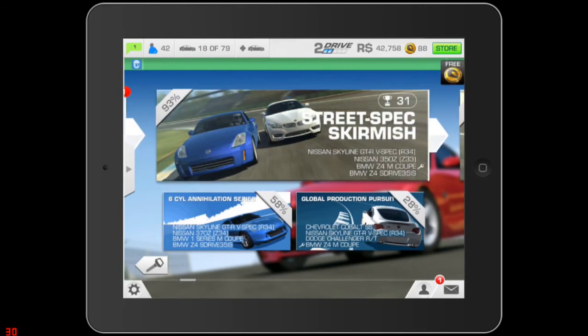And I'll kind of explain to you some of the interface and the mechanics and the menus and what I do and don't like about it. So the racing itself is fine, and I'll go into a race or two just to show you how that works. But the whole interface here, when we go into career,